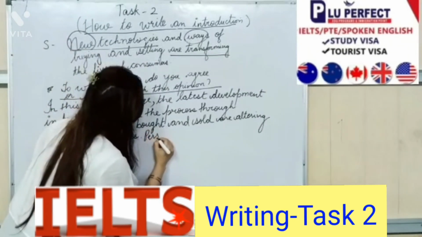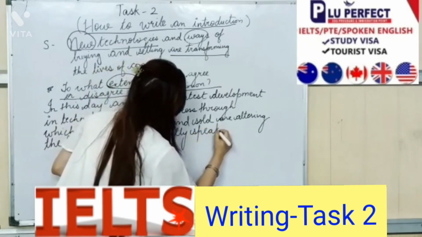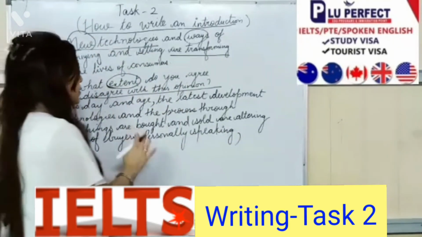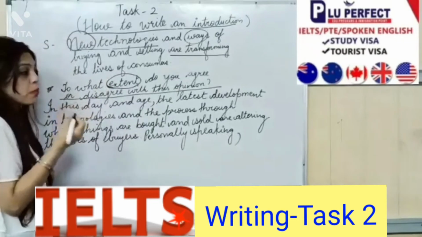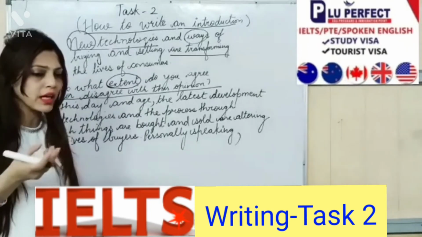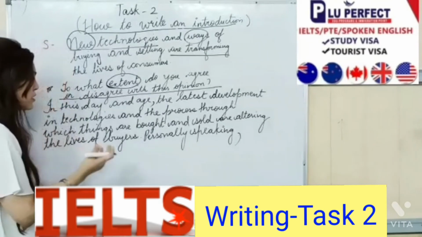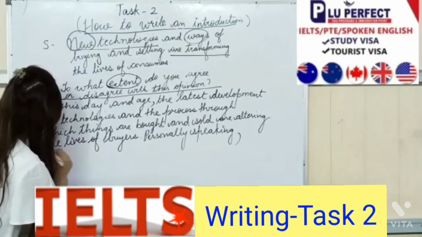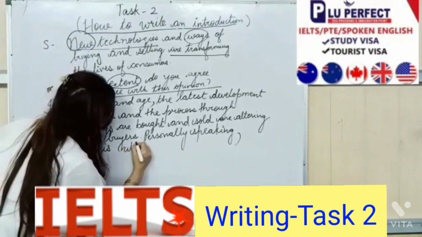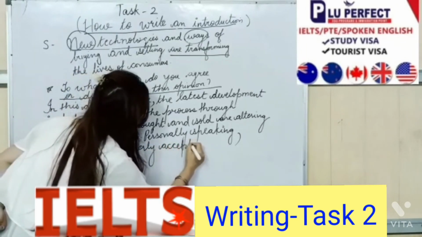Okay, I can write personally speaking. When I write personally speaking, I don't have to write I. Okay, personally speaking. Now this is an opinion. So for opinion, we can say view or notion or idea, perception. So whatever word you want to use, you can use, no problem. Personally speaking, this notion, which means opinion, is utterly, means completely acceptable